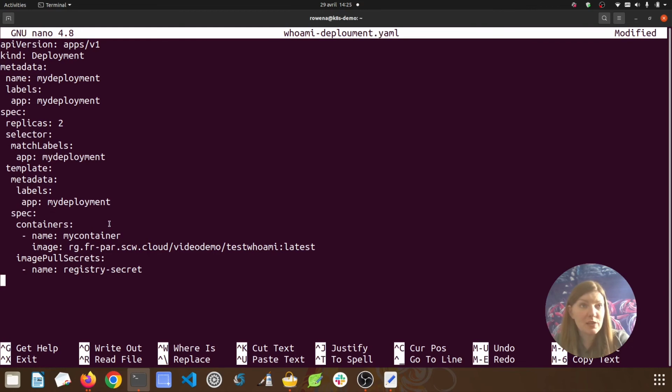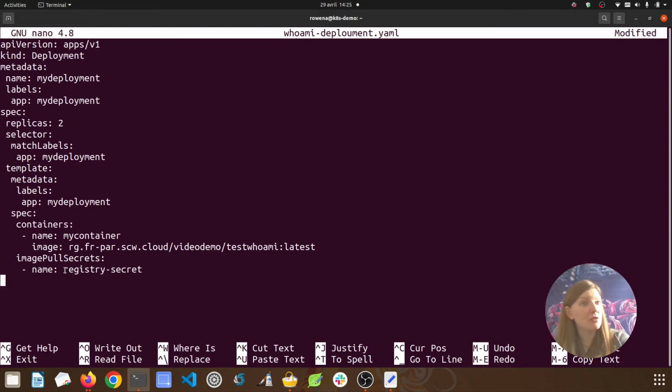So in this case, we're calling the containers my-container, and we also specify where to find the image. So in this case, we're giving the path to our Scaleway container registry and the test whoami image. Finally, we give it the pull secret that it needs to connect to that registry and pull the image.